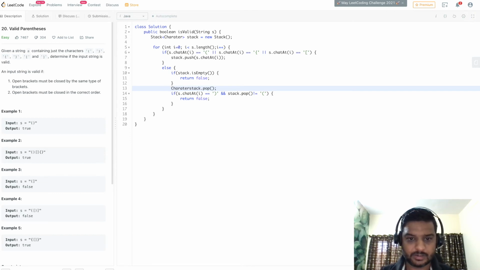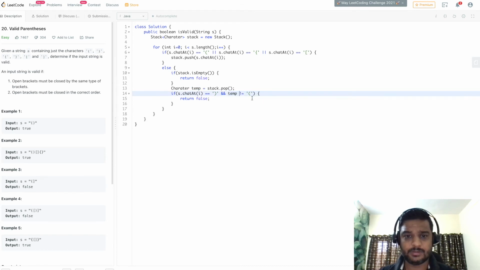I can create a temporary variable as temp, and reuse it. So if we have got the closing of the circular parenthesis and whatever temp we are getting from the stack is not the opening of the circular parenthesis, in that case we'll return false.